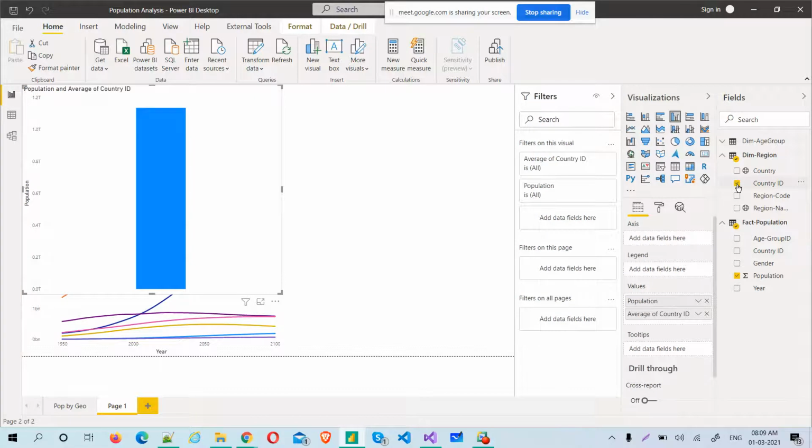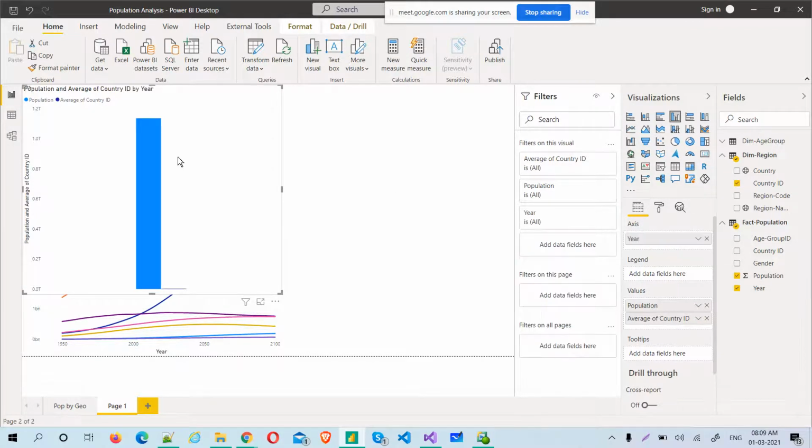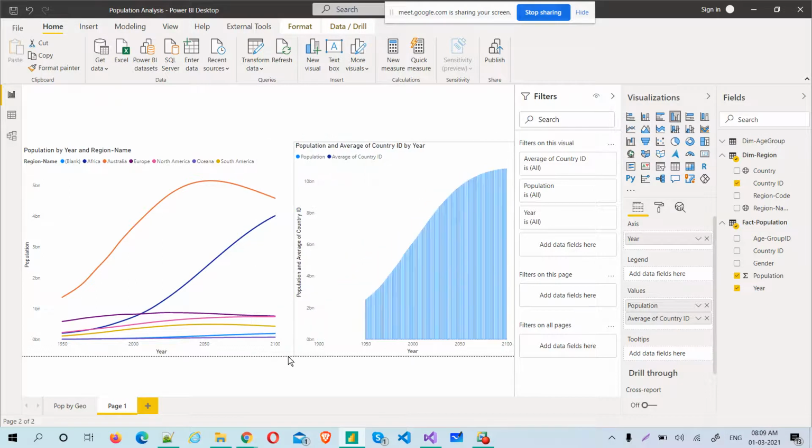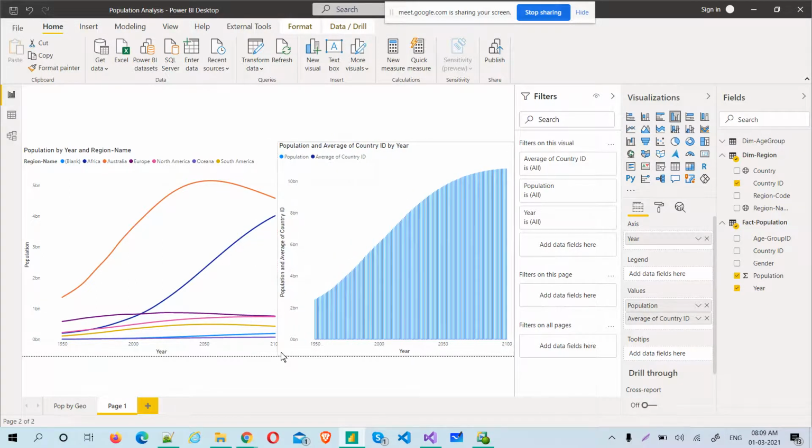Here, let's say this time I've taken the country, not the region. So now we will understand the difference between these two. What are all the additional features that this has? Country is actually having a group, but this time in axis, average country ID will not make sense basically. Let's remove this.